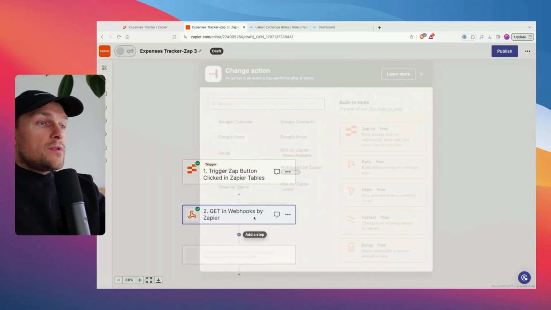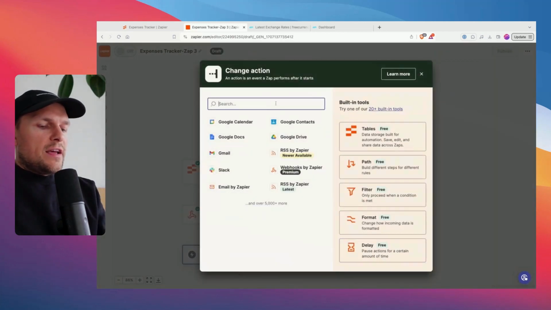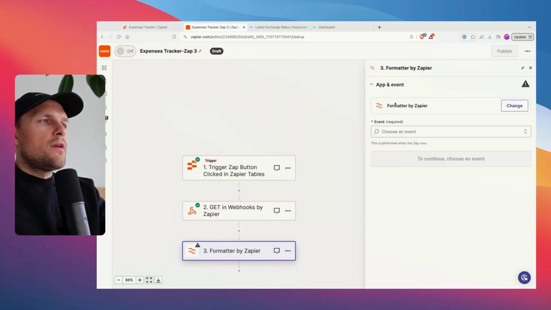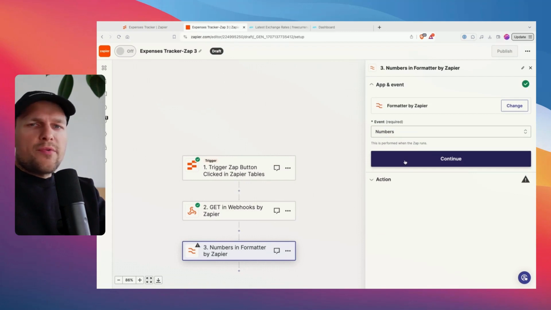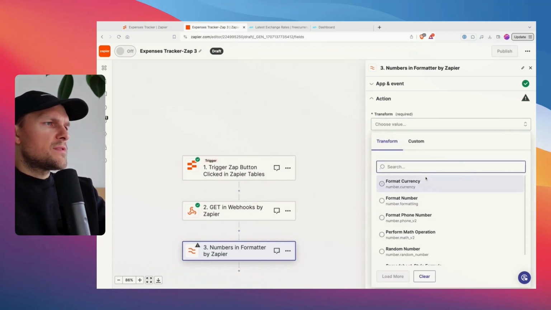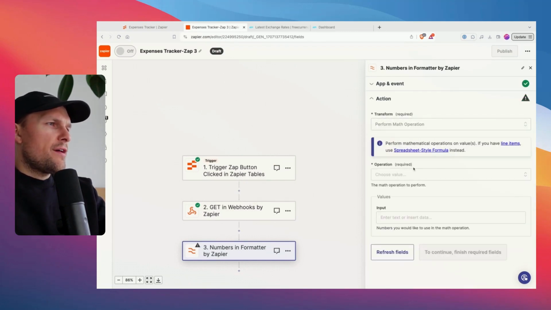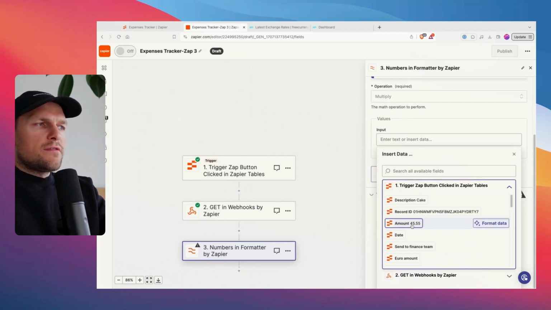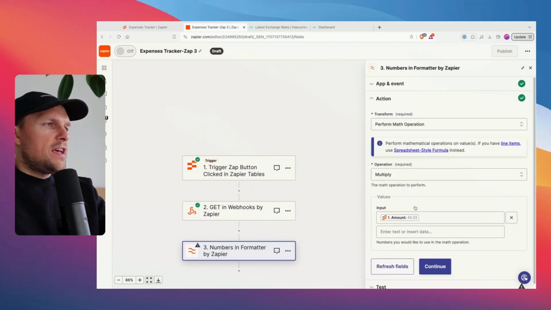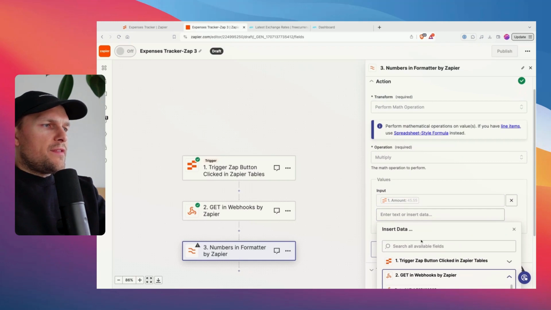So now what we want to do is calculate our euro amount, because this is a dollar amount coming from our expense tracker. And now we take a Formatter step, Numbers, because we want to do a math operation on this. The transform step is perform math operation, and the operation is multiply, and the input is the amount from our triggering record from our table. And then we multiply this by